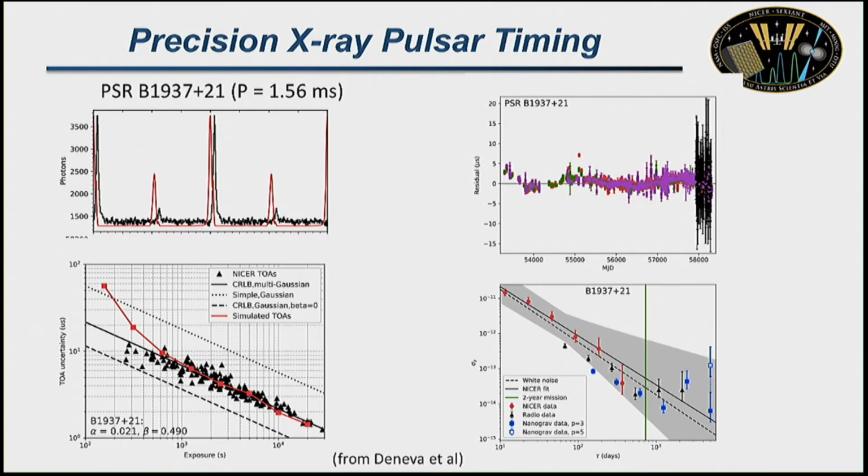Now what we're doing is comparing the precise timing that we get in the X-ray to the timing that's being done very precisely in the radio for NANOGrav, which is a pulsar timing array project trying to detect gravitational waves with pulsar timing. We have over a decade of data on 1937 in the radio band, which are the colored points, and you can see it wanders about the solution. Some amount of that wandering is likely due to uncertainties in the propagation effects. Radio waves traveling through the interstellar medium are subject to both dispersion and scattering. It causes delays, and we try to correct that as best we can in NANOGrav and the radio, but